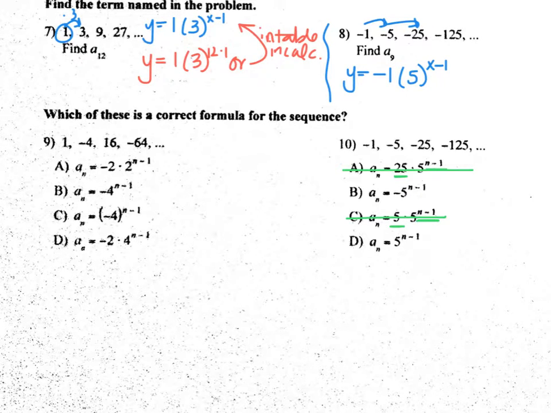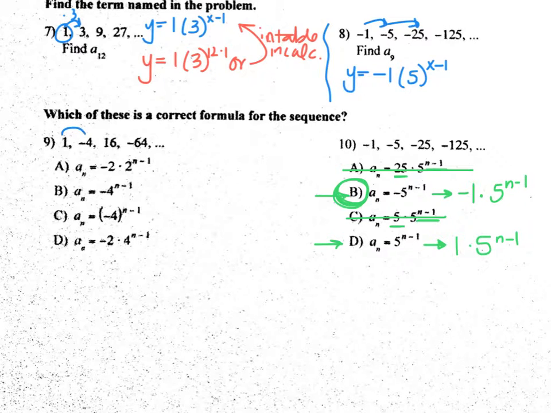What's weird about B and D is it doesn't look like they have a beginning number, but really B is the same as -1 times 5 to the n minus 1. So really B is your answer there. D would be the same as saying 1 times 5 to the n minus 1. Okay, so if you think about that and we look at question 9 here then,